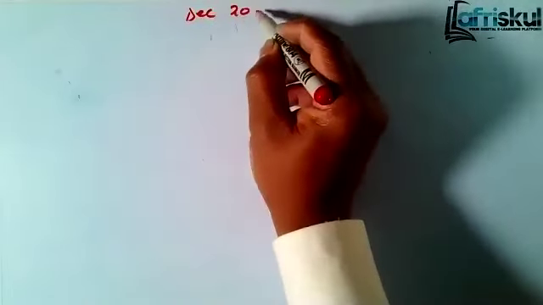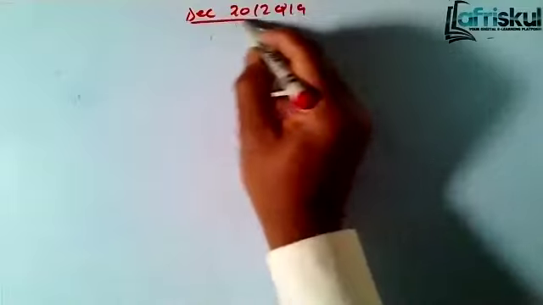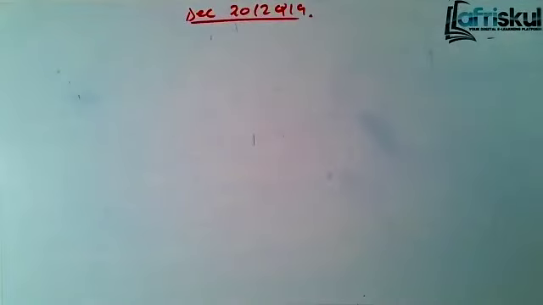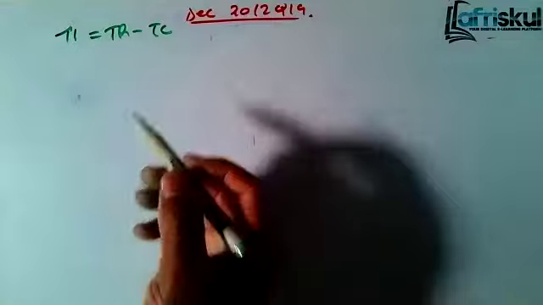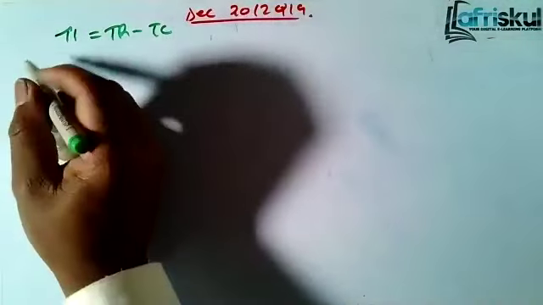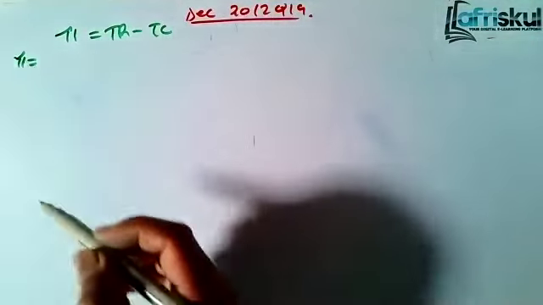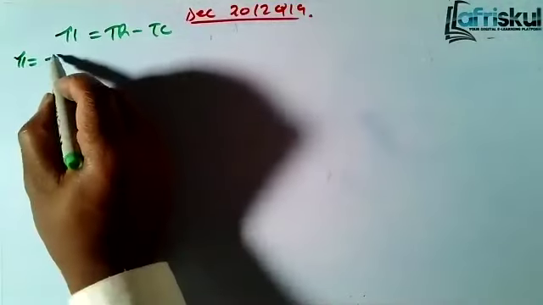That's December 2012, question 1A. They want the maximum profit. We say that at profit maximization, marginal revenue is equal to marginal cost. And how do we get profit? We have said that profit is total revenue minus total cost. We are already given the total revenue and the total cost. So that means the profit will be, you take the total revenue, which is negative